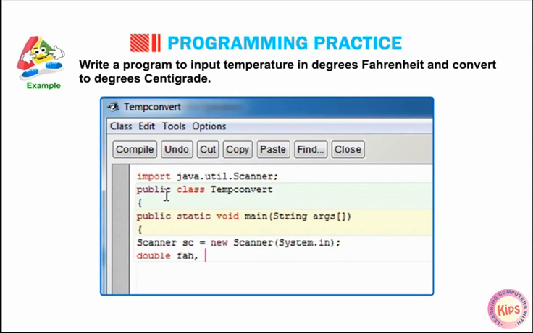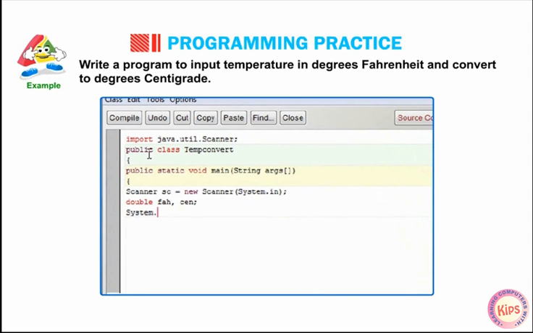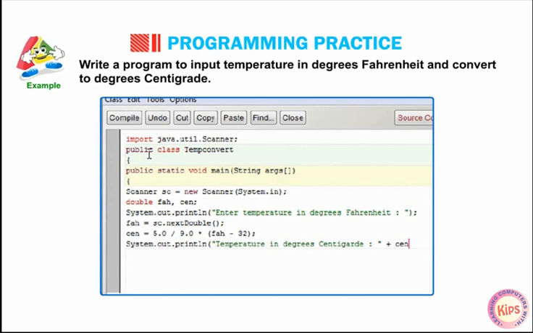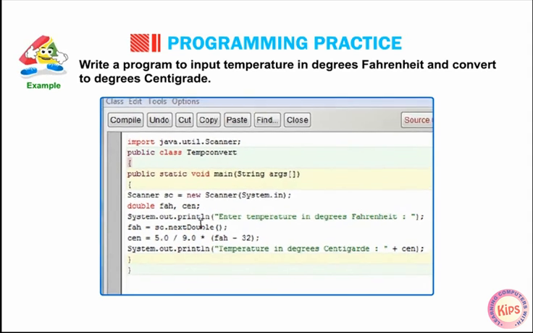double Fahrenheit, cen; System.out.println("Enter temperature in degrees Fahrenheit:"); Fahrenheit = sc.nextDouble(); centigrade = 5.0/9.0 * (Fahrenheit - 32); System.out.println("Temperature in degrees centigrade:" + centigrade); } }